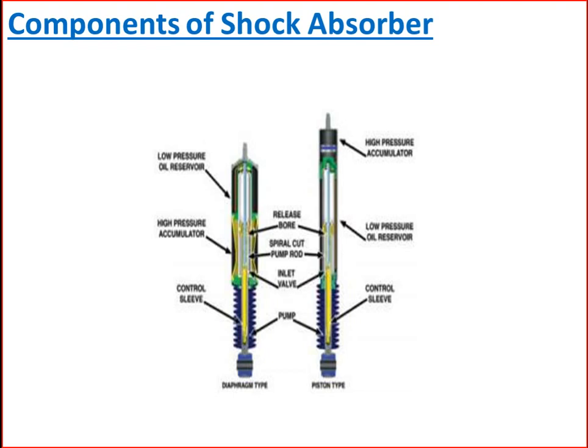The second part is the bushing. The bush is located on the mountings, usually made up of rubber and urethane. This bushing absorbs vibration and has separate metal parts to prevent noise and wear. Bushings are among the shock absorber components that can be replaced. Next part is the coil spring.